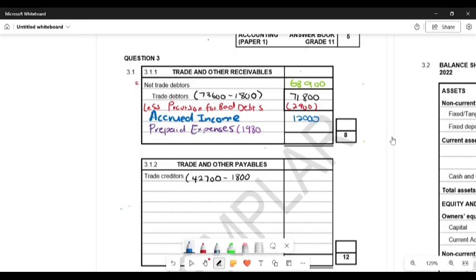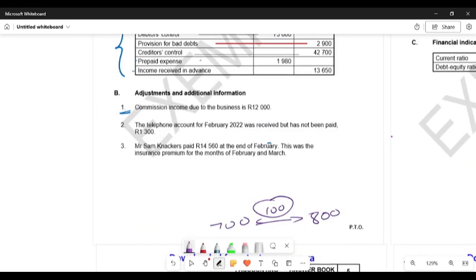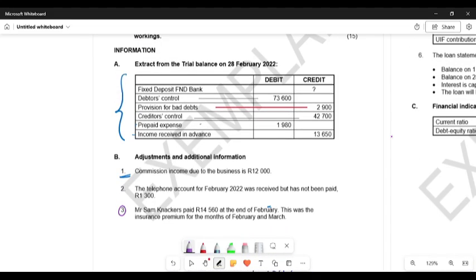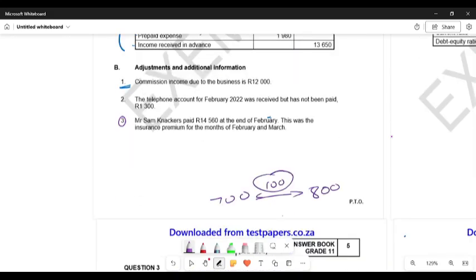Now, prepaid expenses. What exactly is a prepaid expense? Remember, these are expenses that we paid extra, right? So here, let me see. Transaction 3. Mr. Sam or Knekas paid 14,560 at the end of February, right? This was insurance premium for the months of February as well as March. Now remember, when exactly is our year end? Our year end is on 28th February, and we paid the insurance for February as well as March, right? So do you agree that the amount for March, it is extra because it doesn't relate to this financial year, right? So the insurance paid for March, it's prepaid,